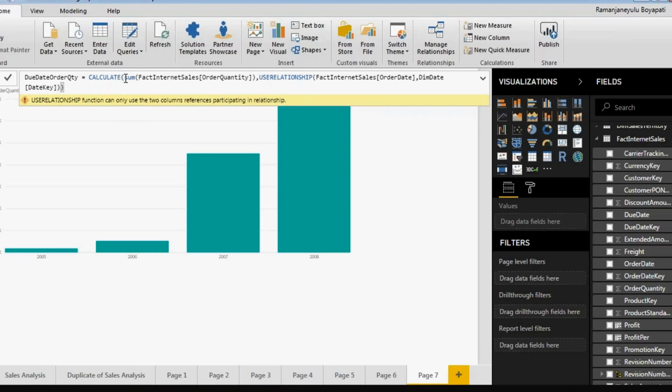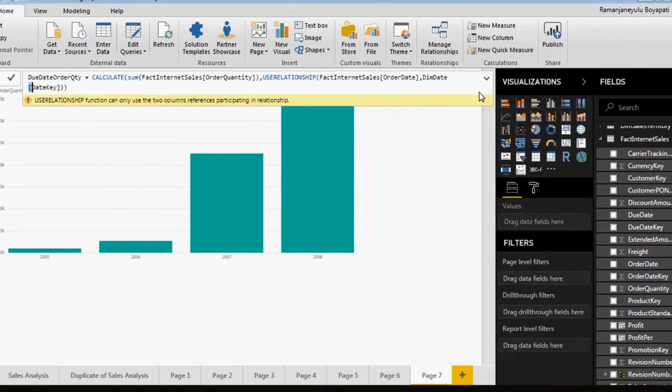Calculate sum of order quantity. I want to make the relationship with this fact table on the order date instead of due date with the dim date date key column. The USERELATIONSHIP function can only use the two column references participating in the relationship. Yes, we are using only two, right? You type dim date, you press enter, right? After dim date. Okay,